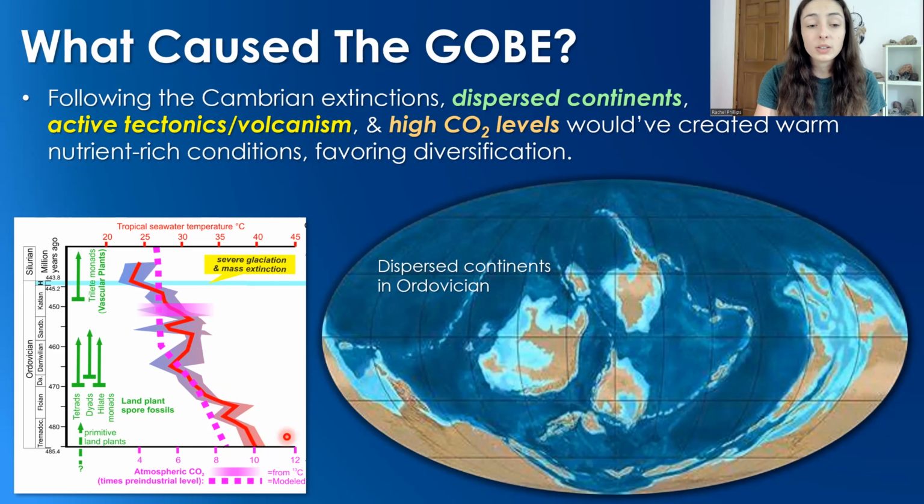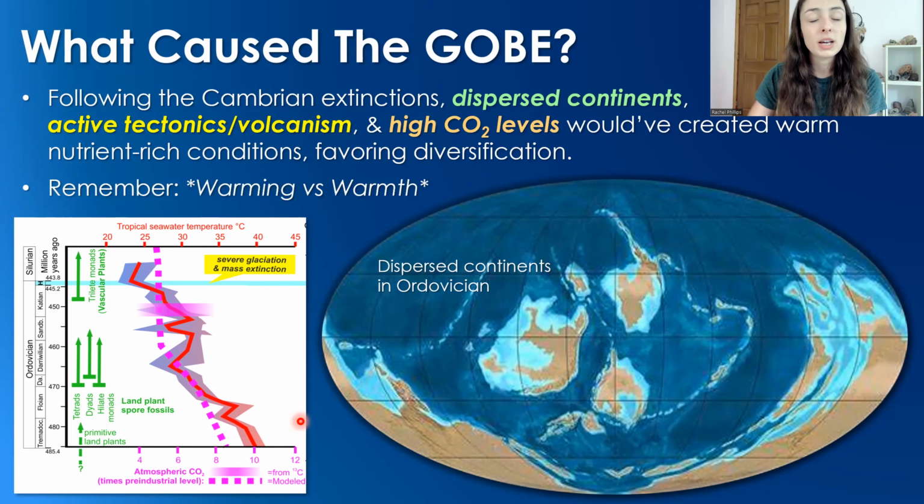So right at the beginning of the Ordovician, early and middle Ordovician, the CO2 levels and temperatures were relatively high, and this fed primary productivity, or phytoplankton and algal blooms at the surface waters of the ocean, which would have produced a lot of food and oxygen for animal life. Now, there is a general overall gradual cooling trend throughout the Ordovician, and I'll talk about that later and how it might have contributed. But what I want to emphasize about these high CO2 levels and temperatures at the beginning of the Ordovician that may have contributed to this diversification event is that